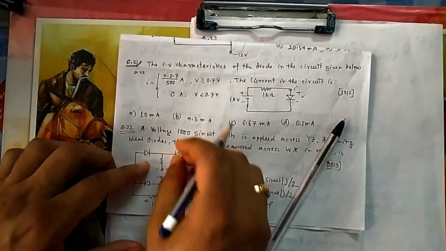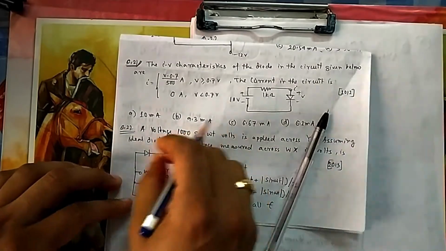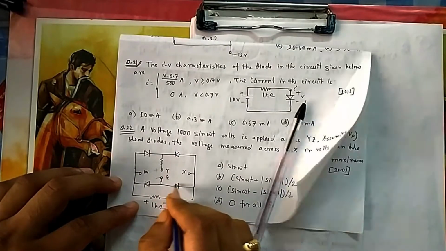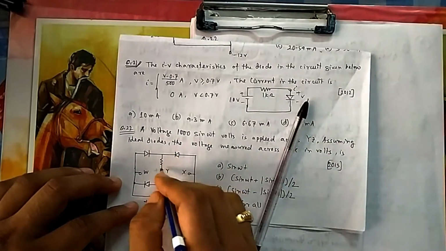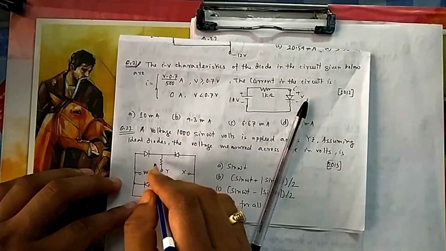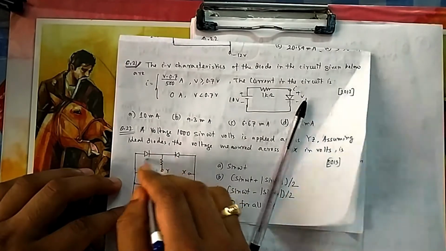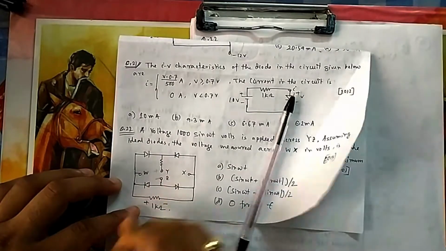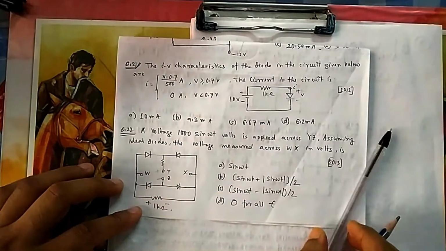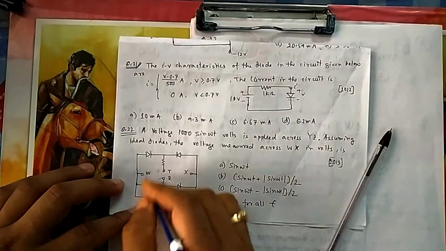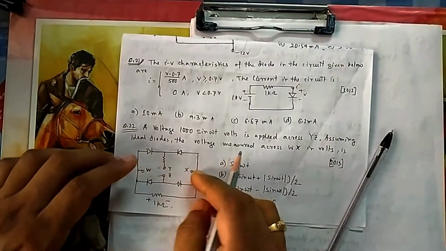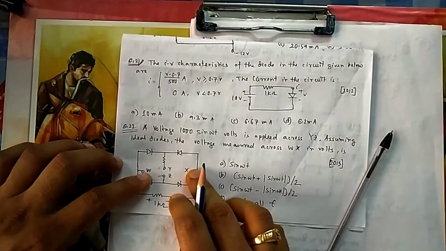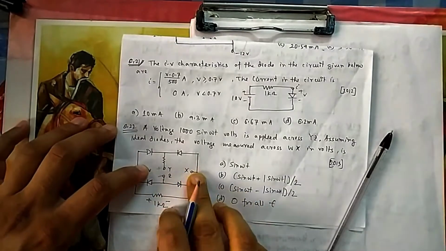You can remove these two, and you can remove all these four, and if you put them one by one, if you remove this one, this side will be positive, this side will be positive. So obviously this diode will be reverse biased, this diode will also be reverse biased. So during the positive half cycle, all four will be reverse biased, so no current will flow through it, so there will be no voltage. Assuming the ideal diodes, the voltage measured across this will be 0 volt.